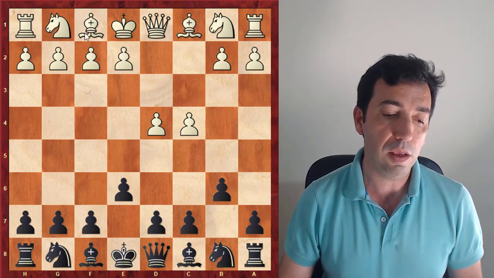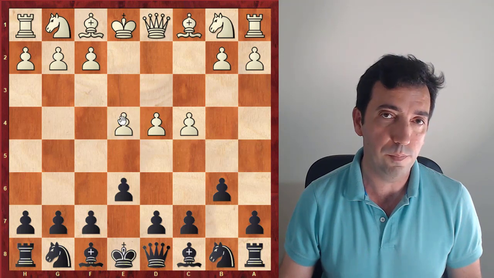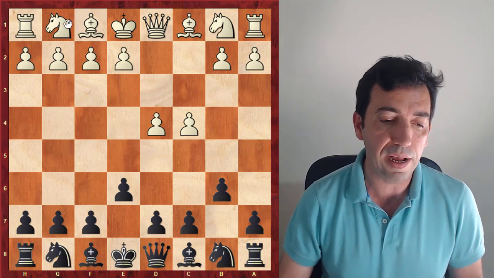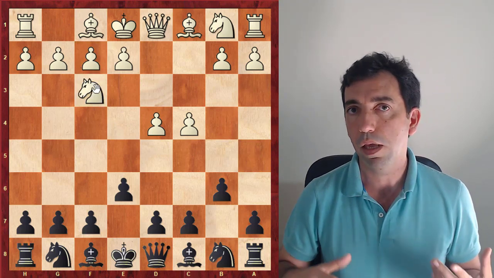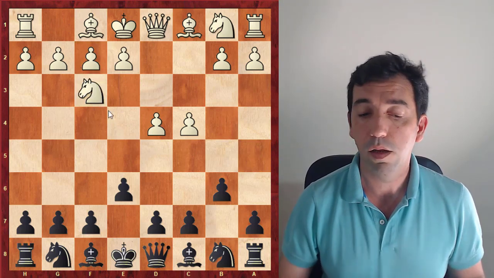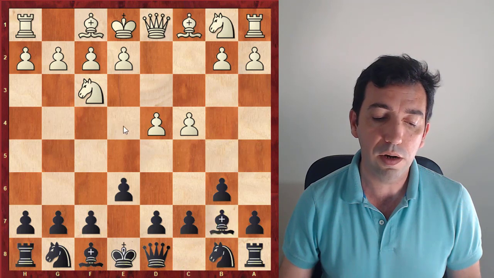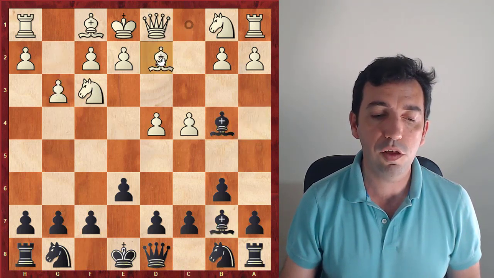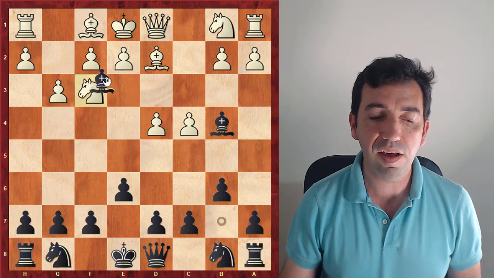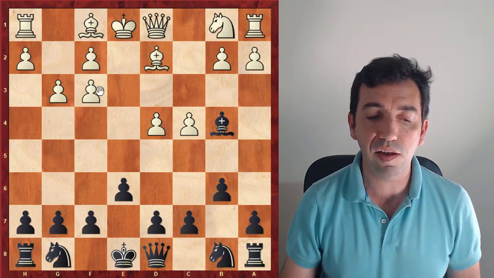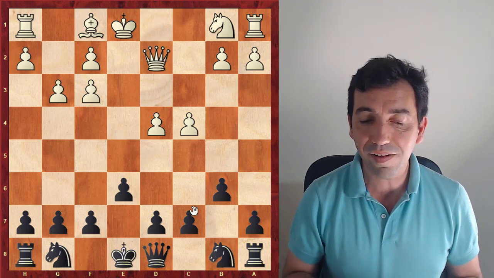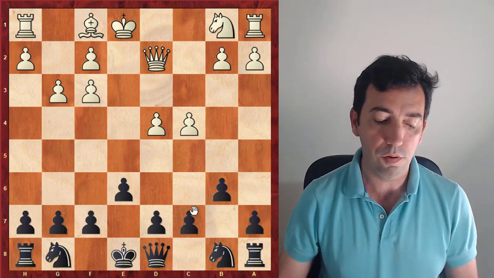Normally, white can build a center. This is the main line. But some people refrain from doing that, trying to take the game into a Queen's Indian. After bishop b7, they can play g3. Check, bishop d2, bishop takes f3, e takes f3, bishop takes d2, queen takes d2, and this unbalanced pawn structure